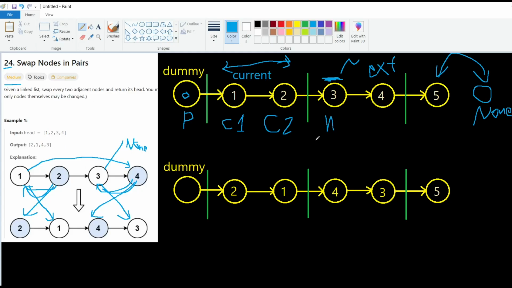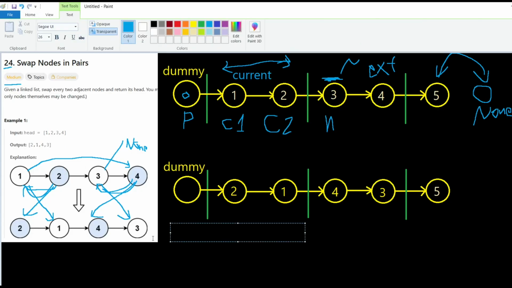So it's very easy. What we do is C2.next will be C1. As you see, because 2 comes here, we swap it to 1. So let me write it, C2.next will equal C1, and